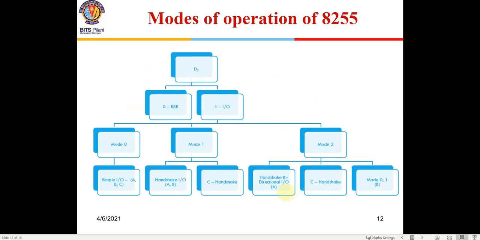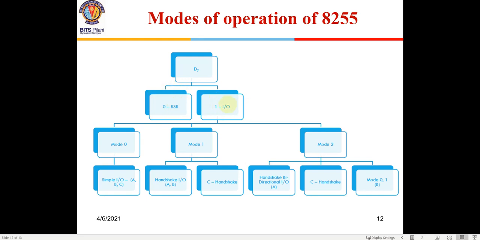This is just to summarize what we have learnt. Okay, so the first bit will decide whether it is going to work as an input output mode, or as a BSR mode. We will see this BSR mode in detail. In the BSR mode, individual pins of the C port will be considered as an individual port. So you can send just 1 bit of information, because if you are driving an LED, each LED is separate, or if you are taking input from a switch, it requires only a single bit. So in that case we can use this.